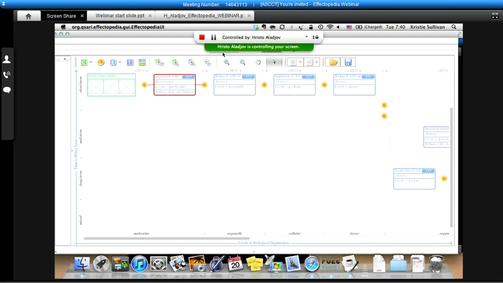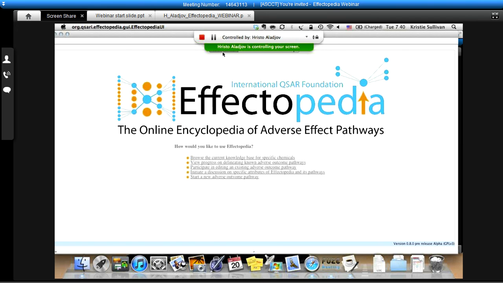And we also have ways to prevent the system from getting flooded with unwanted advertisements and things that are really not relevant to the Effectopedia. So exactly like in Wikipedia, we have a mechanism for people who had contributed previously to Effectopedia and gained some respect in the system to be able to reverse edits made by unknown editors or new editors. And you can see the current history of